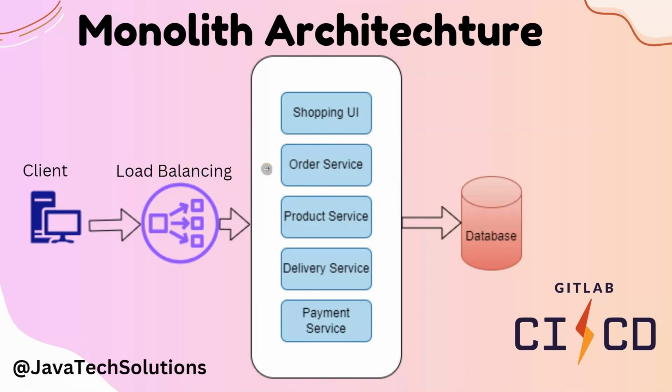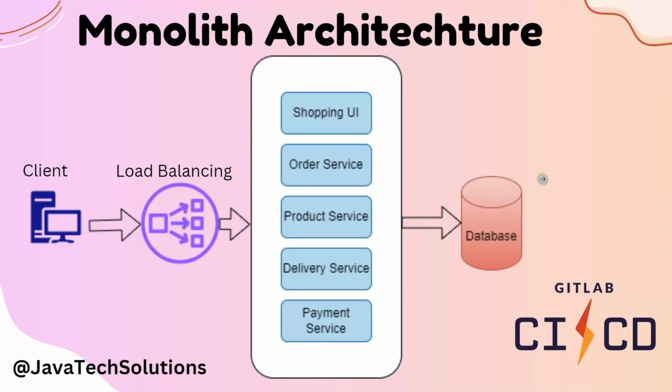Technology stacks. Let's say here we have 4 services. Now we want to develop the order service using Python and the rest using Spring Boot. That is also not possible using this monolith architecture because everything is in a single unit, right? So these are the disadvantages of it. And